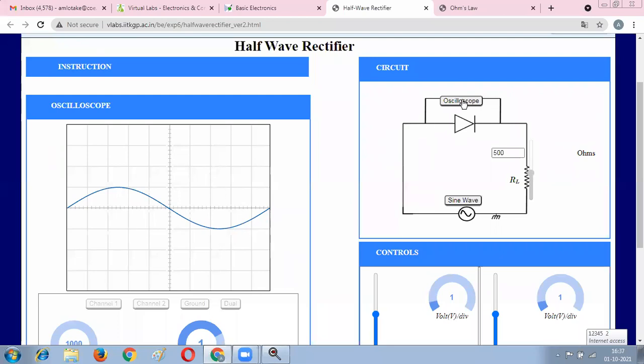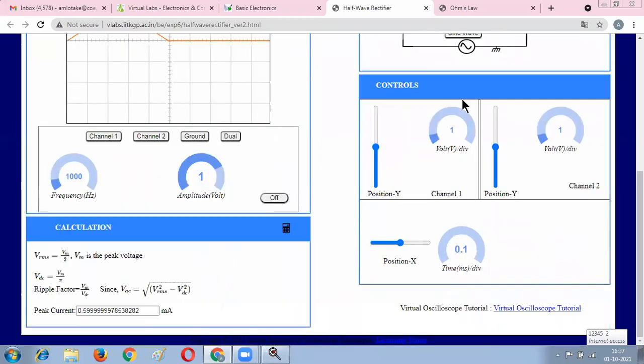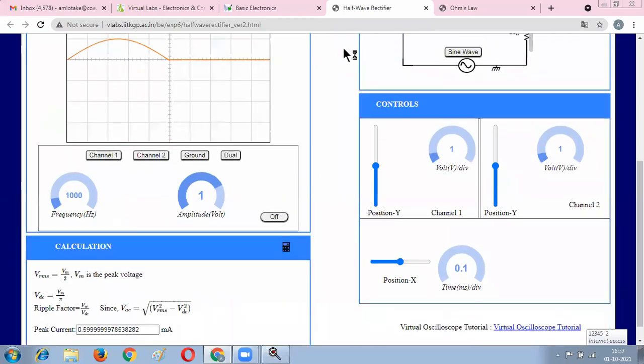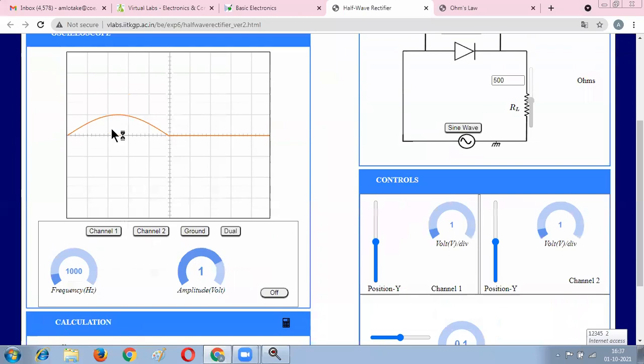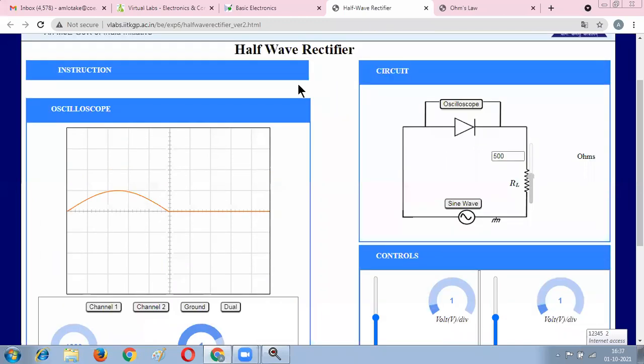Press that option so that you will get the rectifier output. So see, during the positive half cycle only you are getting the output voltage, and during the negative half cycle your diode will be what? Not conducting. It will be reverse biased, and therefore your output voltage will be what? 0. Okay. So this is nothing but for the half wave cycle. That is, for half wave only the diode will conduct.